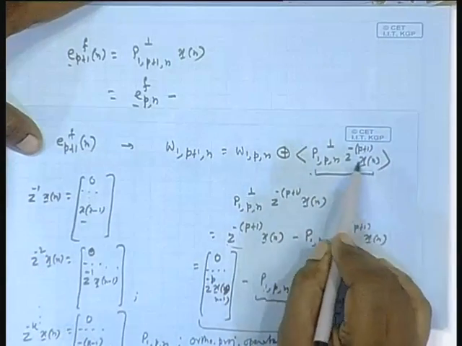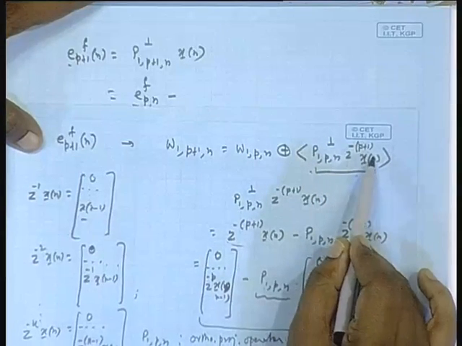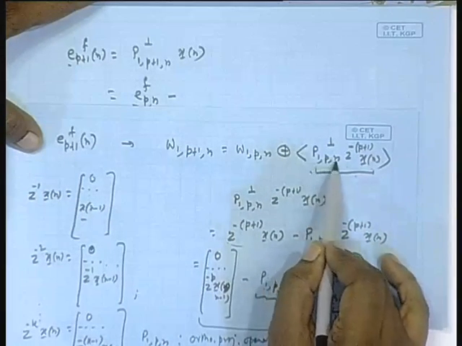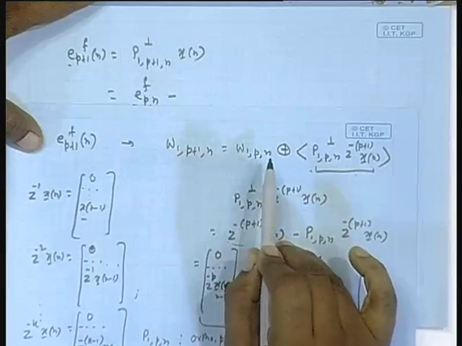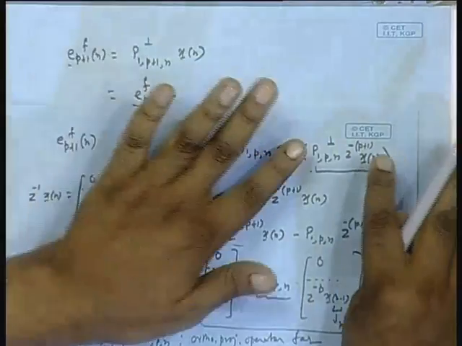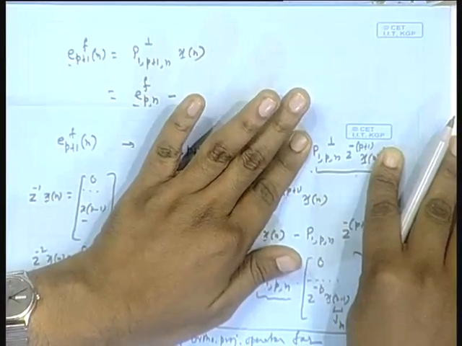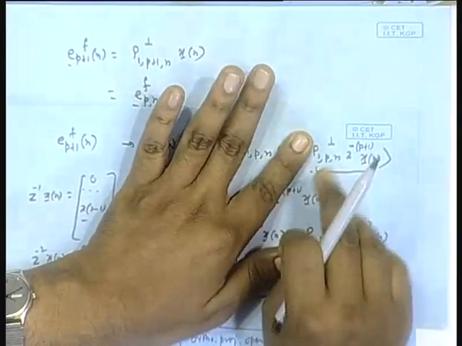Now, I will not show every step, x n inner product with this overall guy. I can repeat this on x n also. You remember that trick I used, x n inner product with this vector. If I am computing this, I can repeat this on x n, this operator.